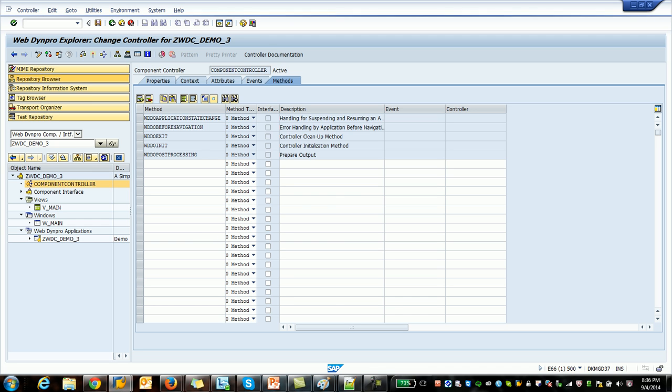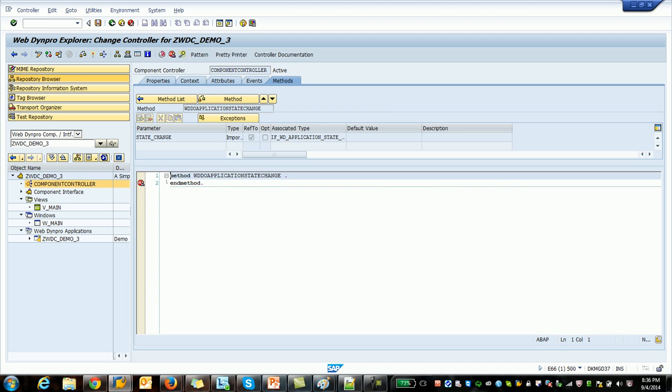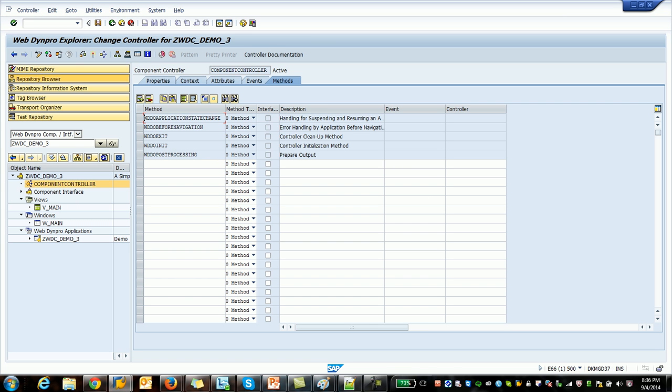This application state changing method. Yesterday I explained an example, right? In the portal, I had one application with a link to another application. Then